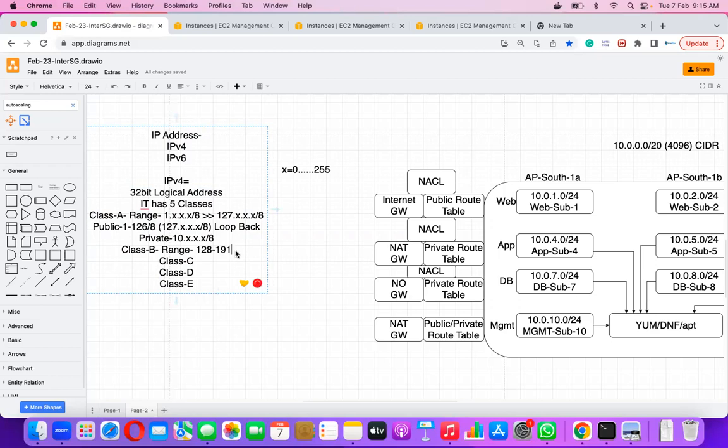128 to 191. Obviously, we are supposed to make it like x.x.x/16. And over here, 191.x.x.x/16. And the private IP address range is